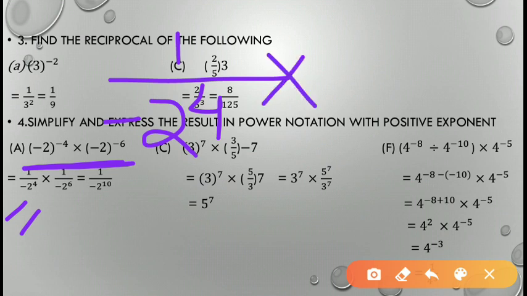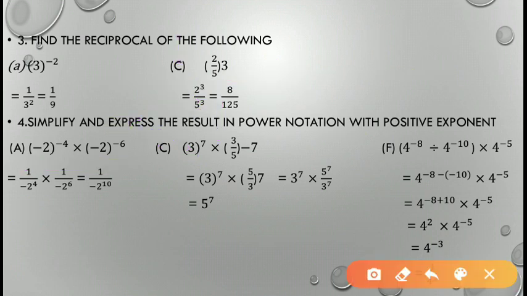Then multiply. Again change minus 6 into plus 6. How will you write? 1 upon minus 2 will be as it is. Why? Because when we take the reciprocal of the numerator and denominator, their power will also be converted, negative to positive. But this is the negative sign with 2, so this will not be converted into positive. Remember this, students. When you are converting, putting the denominator in the place of numerator and numerator in the place of denominator, only the powers are changing. Only the powers are converting into plus sign.